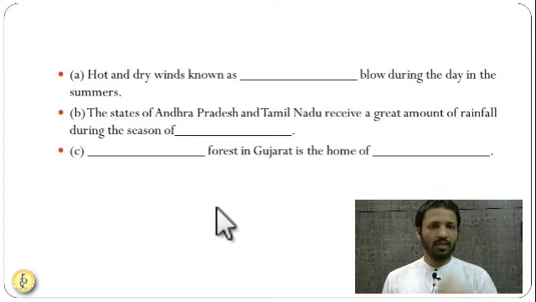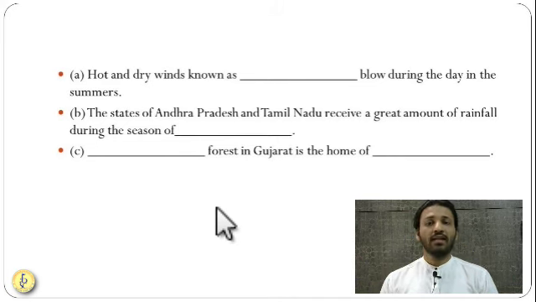Believe me, this preliminary examination is always when these winds are at their peak. And these winds are very, very dry and hot. You don't understand when your body dries up very quickly. So many people died because of this hot and dry wind known as loo in North India.